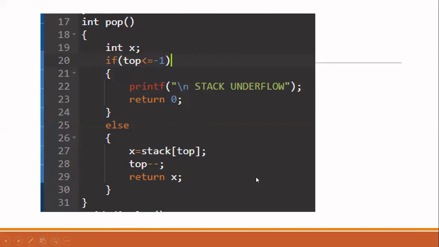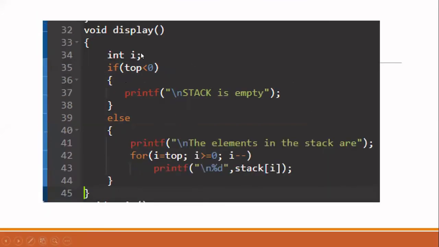Now let us go to the next operation, display. Remember, students, in display, we are not going to remove any element from the stack. So your top should not be changed in display. Now display means I have to travel the stack one by one, then display all the elements. So for that, I am going to use some variable i. This i is going to keep track of the element to be displayed. And when I display, sometimes my stack may not have any element to display. In that case, I have to say that the stack is empty to the user.